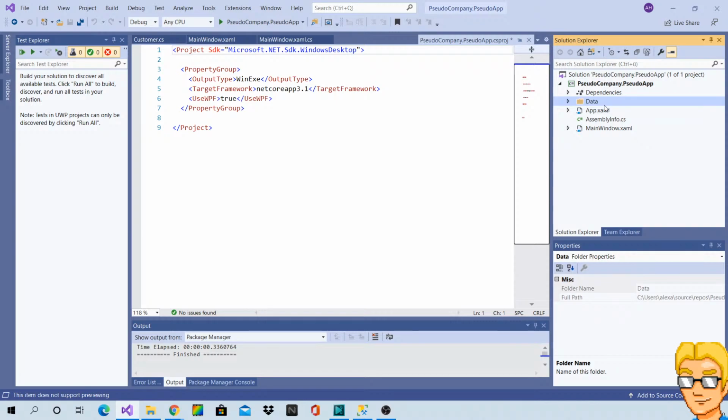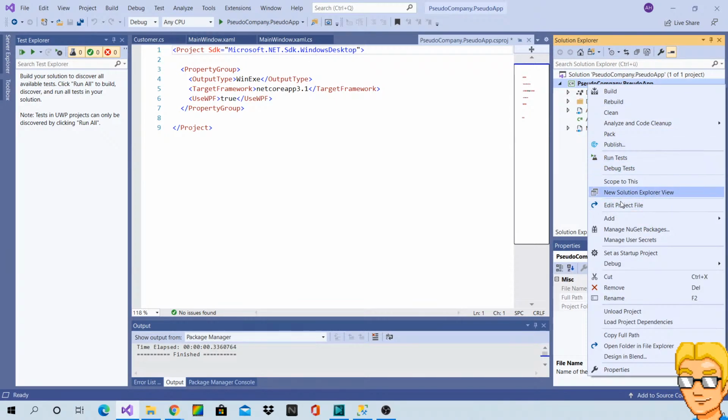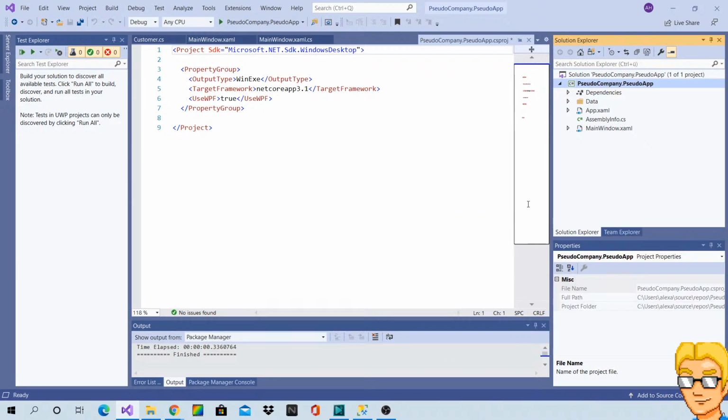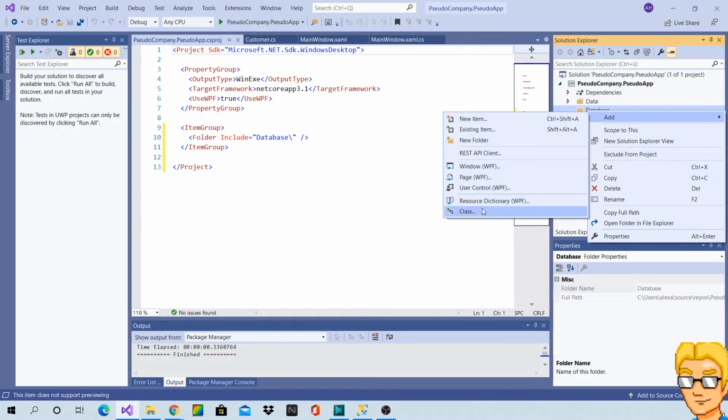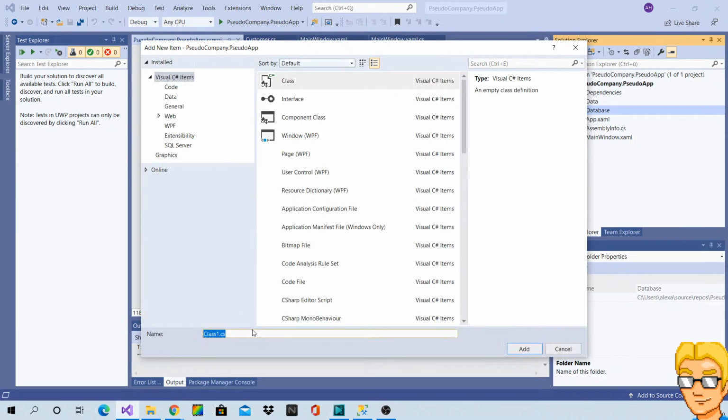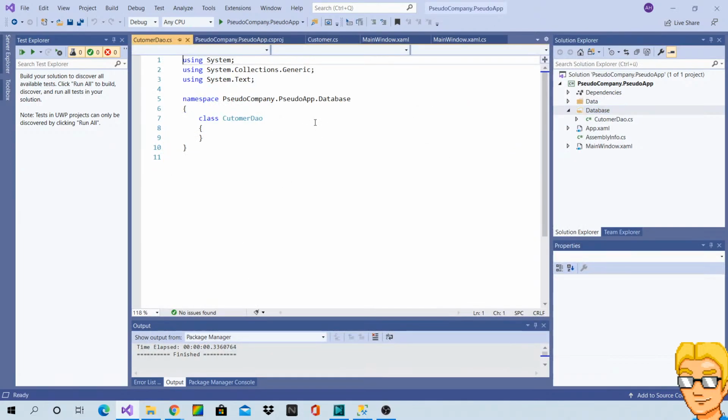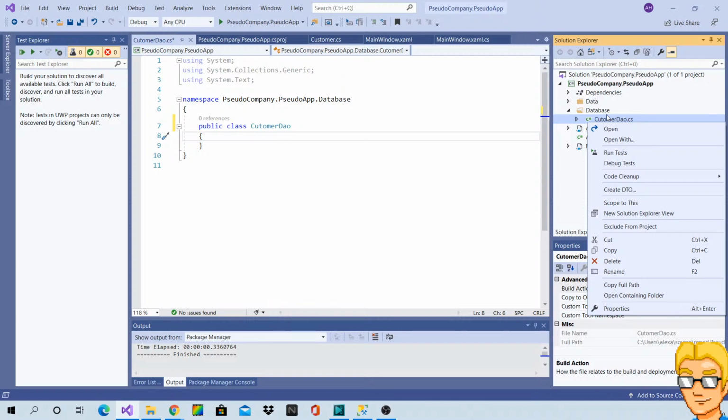Yeah, so let's go ahead. Database. And let's call it customer DAO. Oh, not Kutoma.